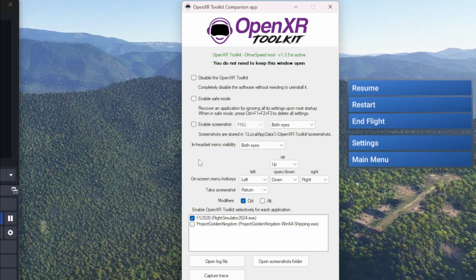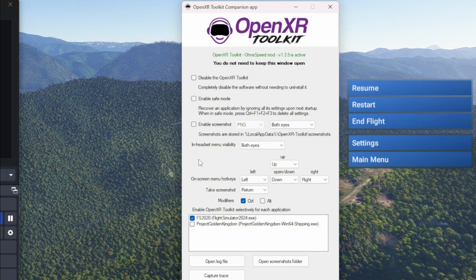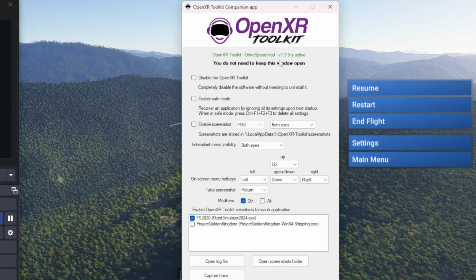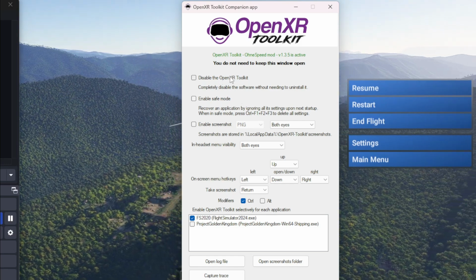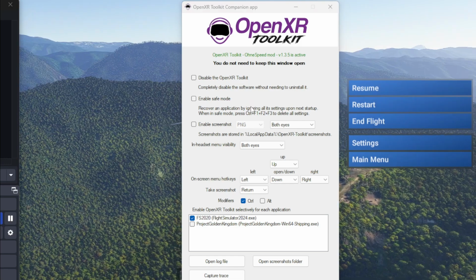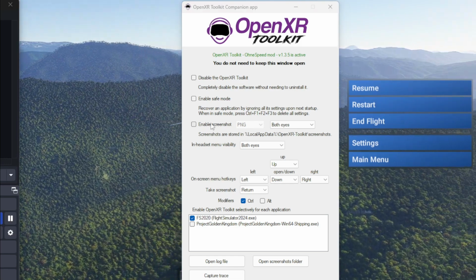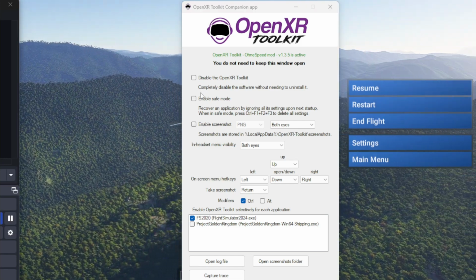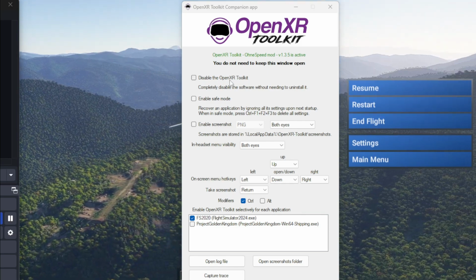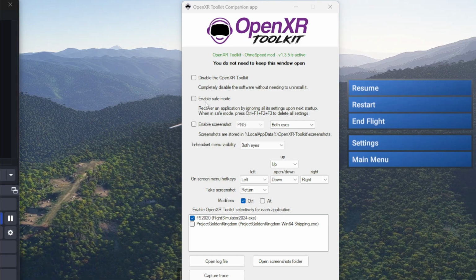And also now we have a mod from OneSpeed that is giving us more options to crop the image and get more performance. If you're having trouble using the mod or your game is crashing, be sure you first